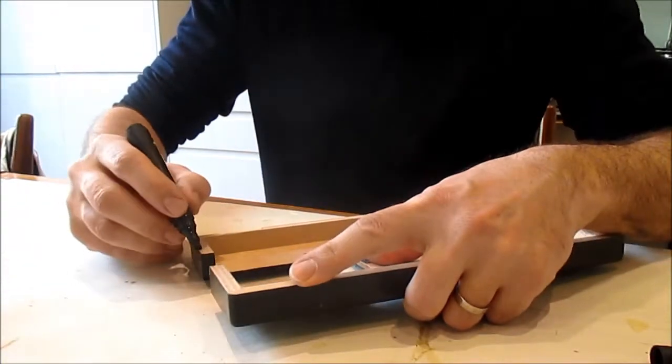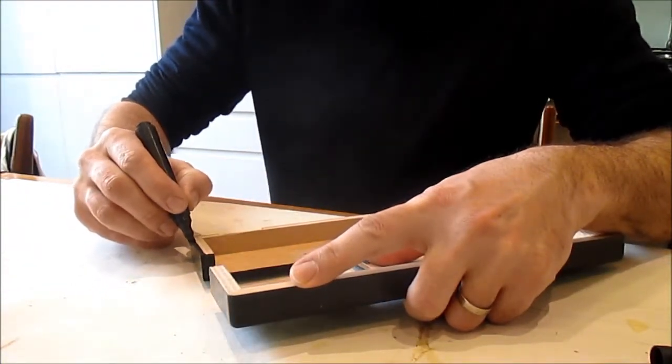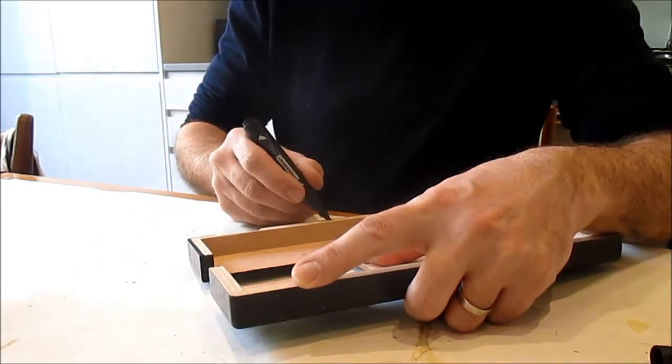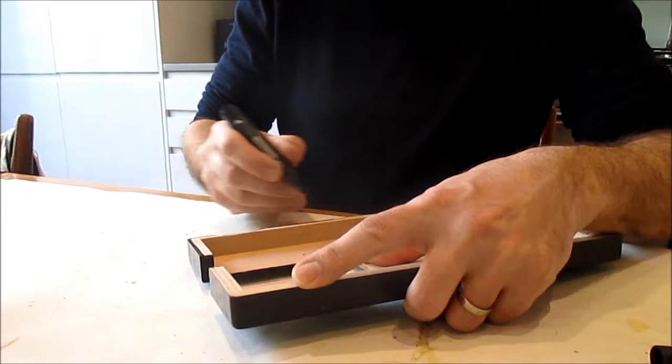Go all the way around here. You don't have to do the inside bits because they're not going to potentially be seen, just the...